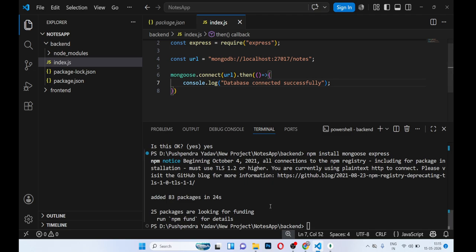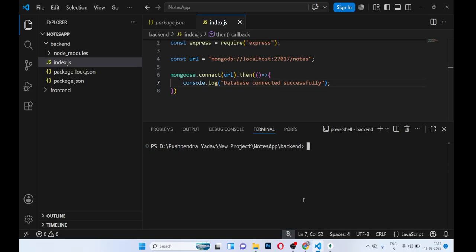Now we will check whether it's connected or not. For that we will run the command. First let me clear it. Okay, I'll run node index.js. You see here our database has been connected successfully,